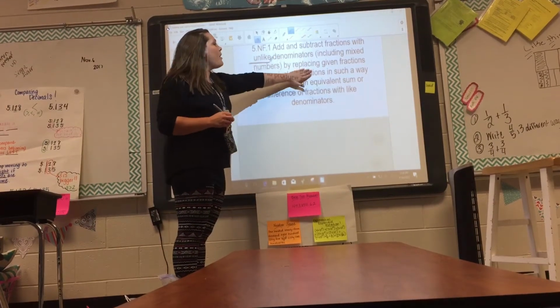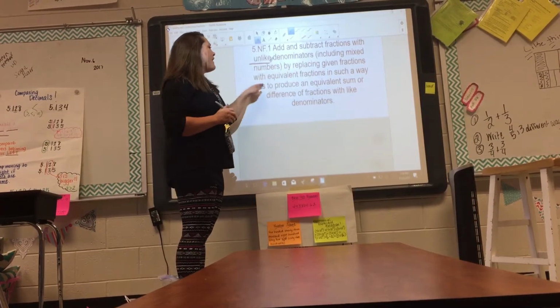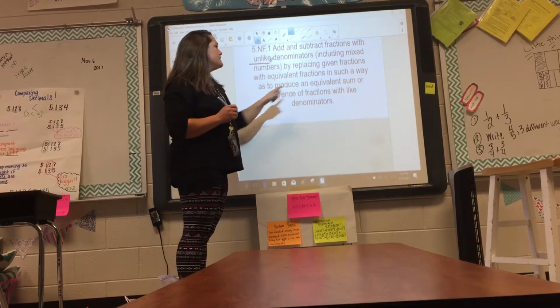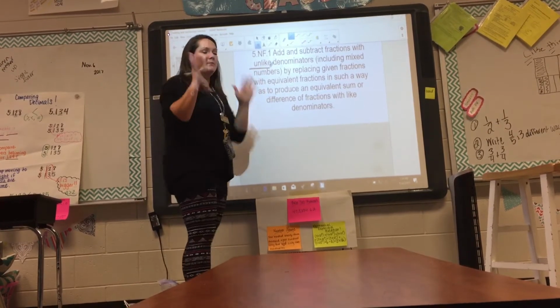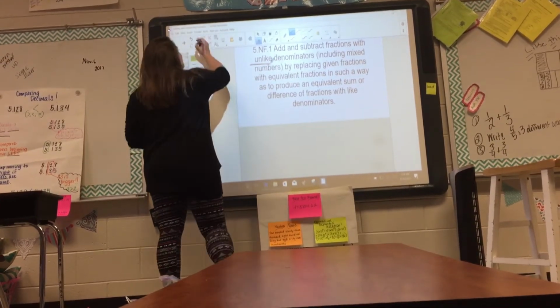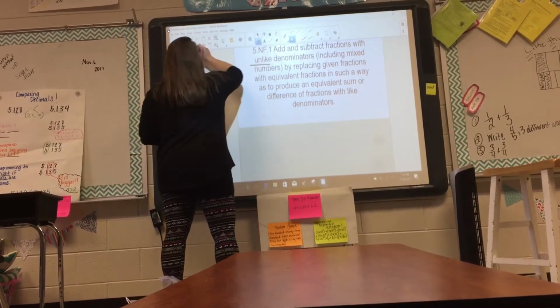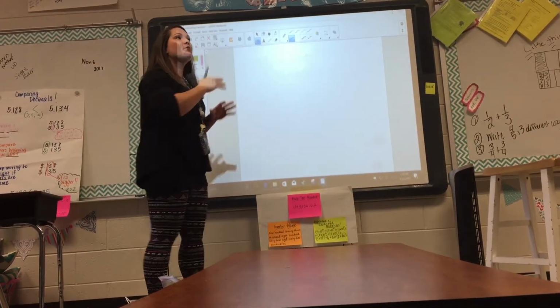But the key part of our standard says by replacing given fractions with equivalent fractions in such a way as to produce an equivalent sum. So what we're doing is we are literally taking two fractions and we are replacing them